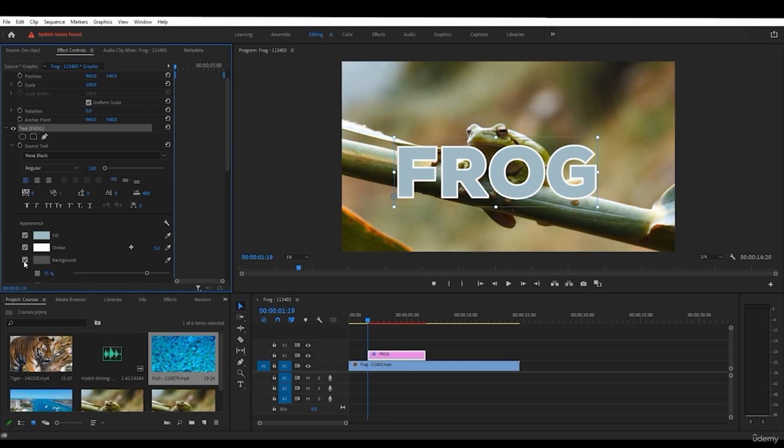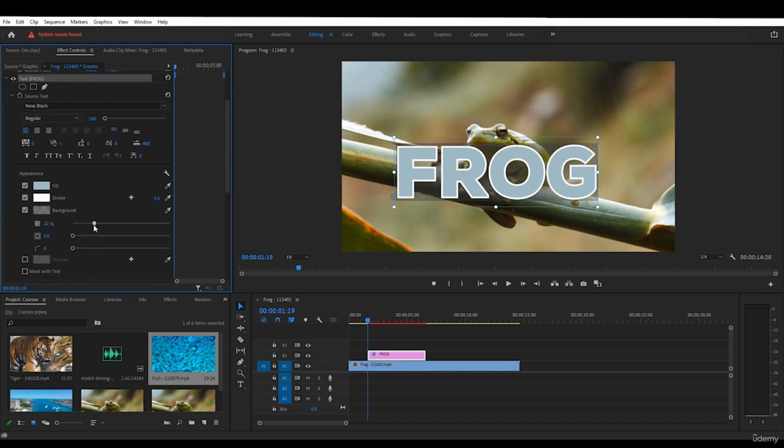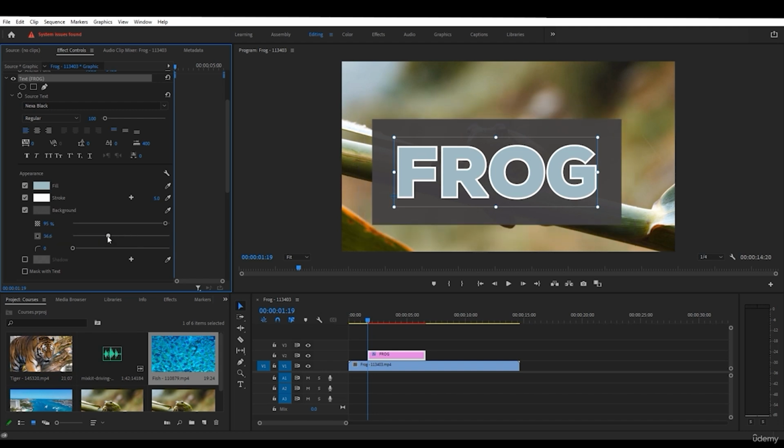And you can also give it some background. So the first parameter is the opacity, the second parameter is the expansion, and the third parameter is the edges. You can see the curve,